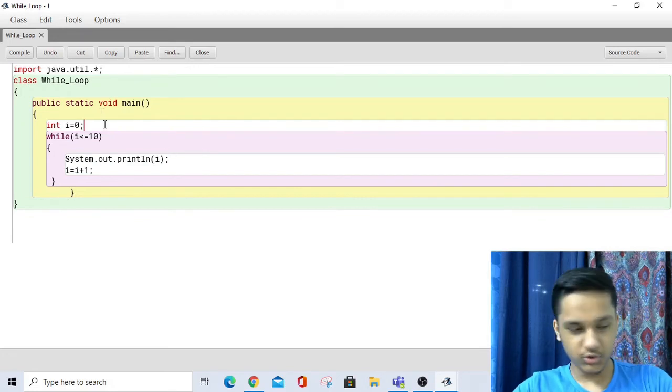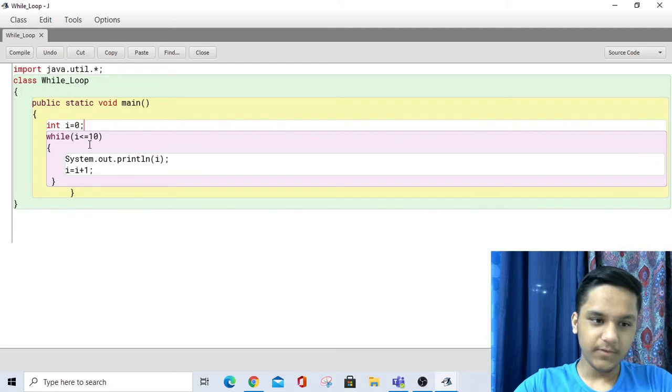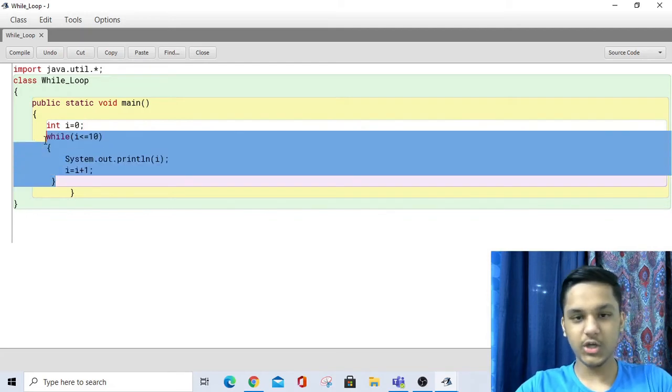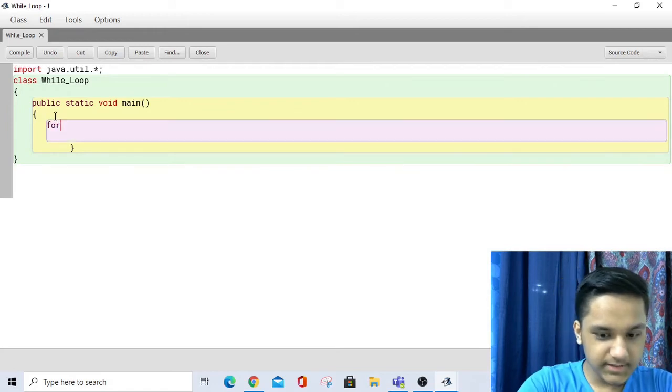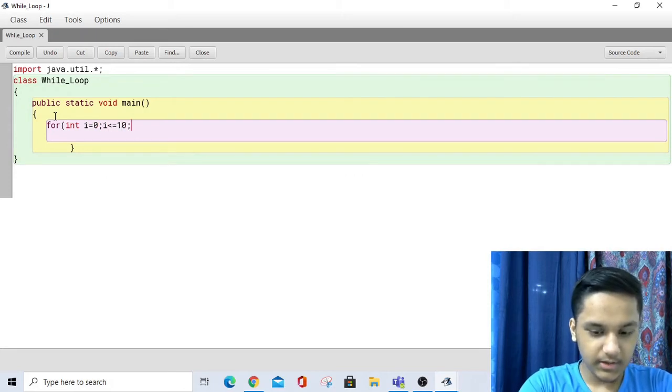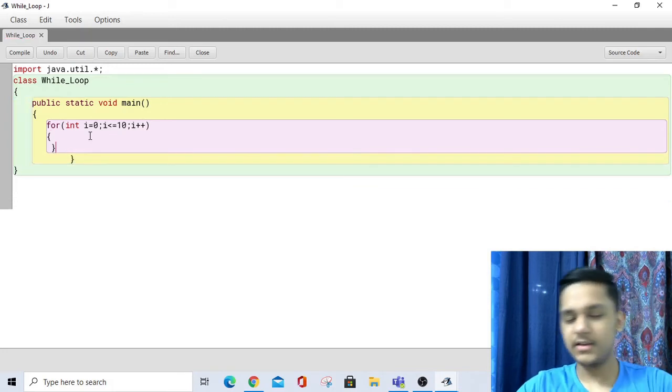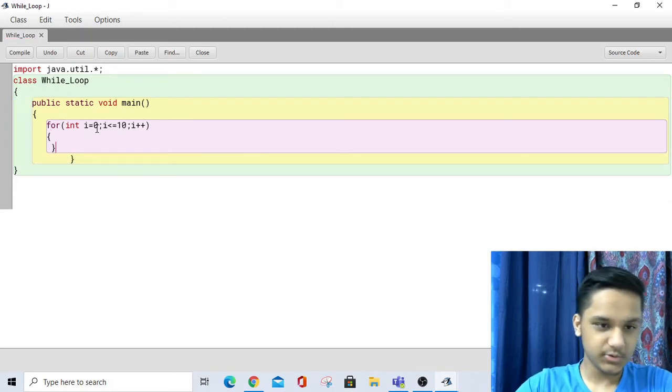So there's actually nothing much to cover in the while loop. I'll be covering a few things regarding the for loop, which I forgot to mention in the last class. So let's say we have int i = 0; i <= 10; i++. Now, there's a misconception which many people have,